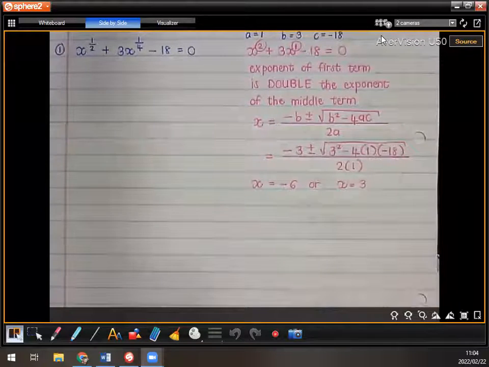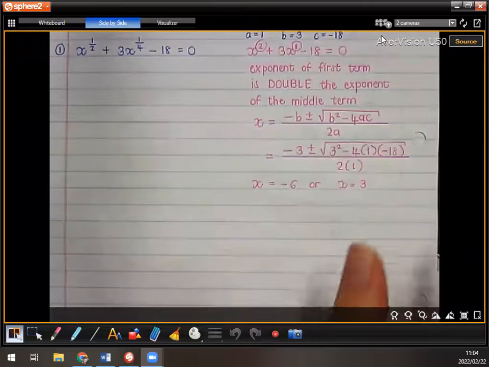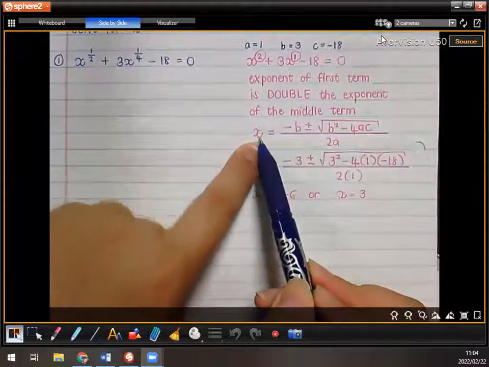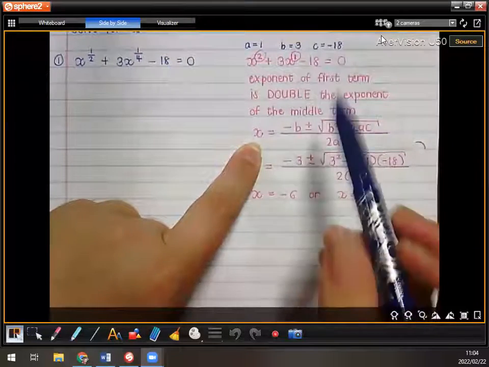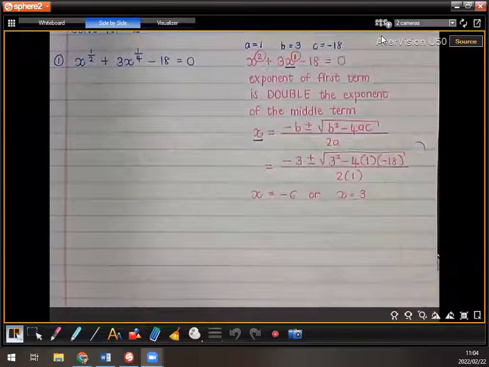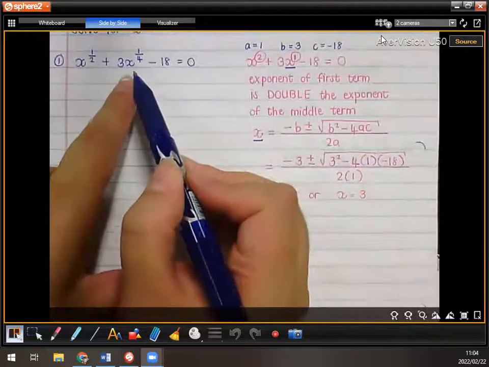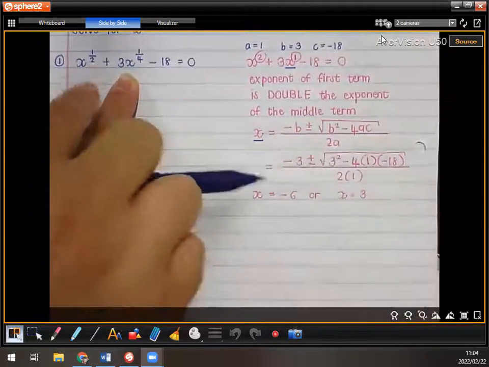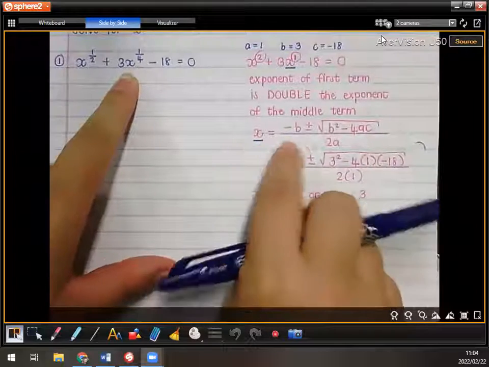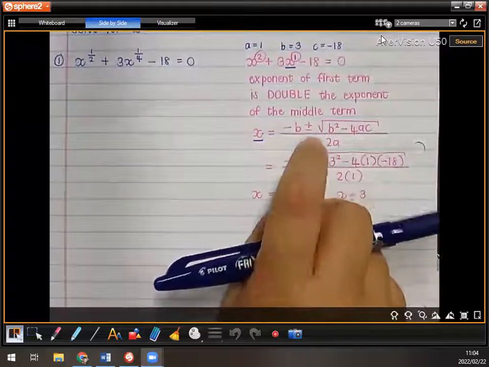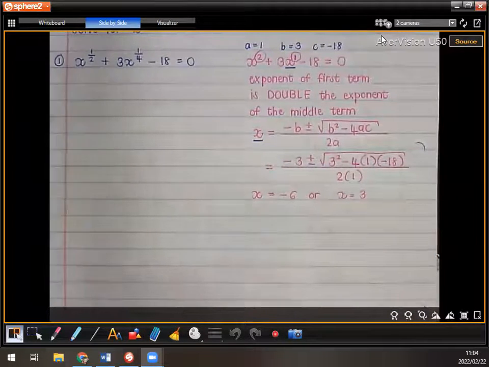Guys, what I want you to notice, and we haven't really spoken about this before because it just made sense if you did it in this way. But when you're using the quadratic formula, what we write here, you see that it's the same as the middle term. In the middle term, we have an x. So the quadratic formula is going to give us the value of x. Okay? Now, what is my middle term in this case? X to the quarter. Right? So now when we use the quadratic formula for this, which is what we're going to do, we're not going to write x equals, we're going to write x to the power of a quarter is equal to the whole quadratic formula. All right,